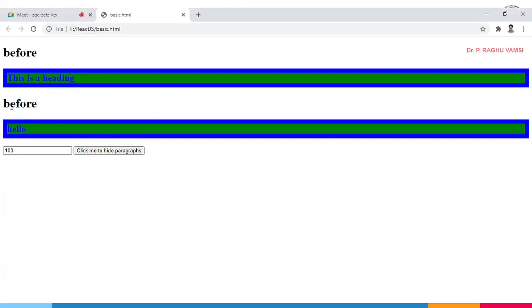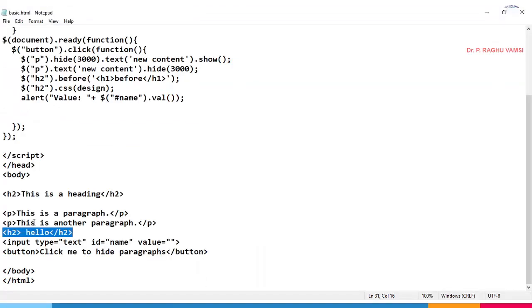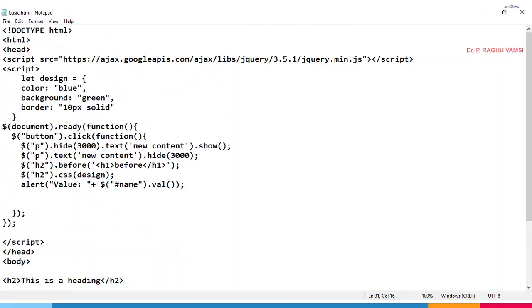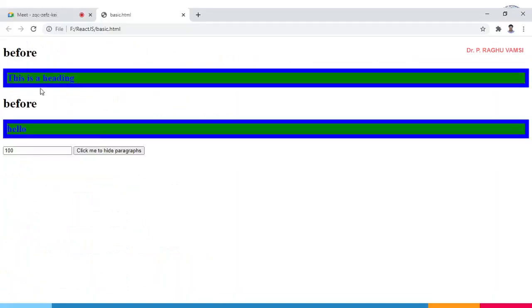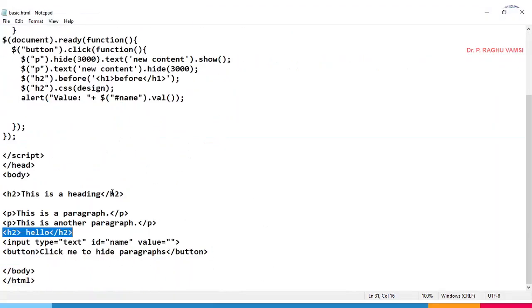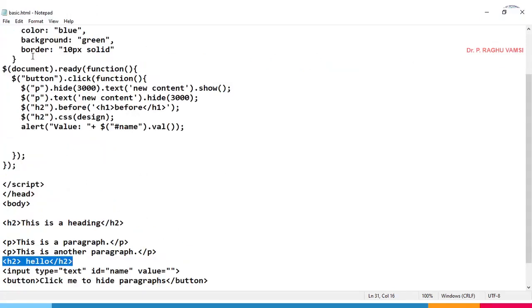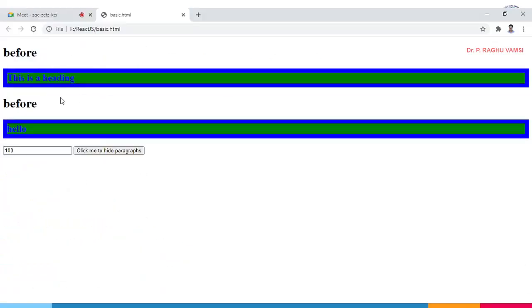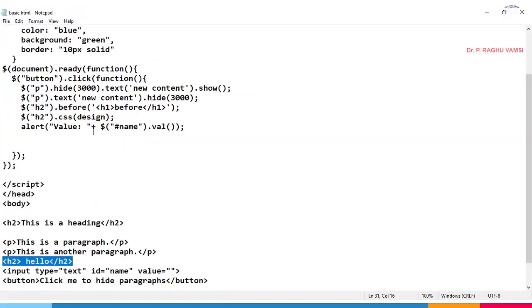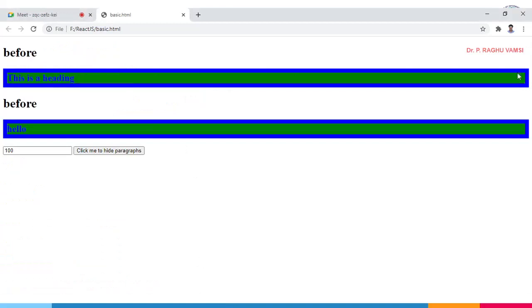Next, this heading and paragraph will be redrawn with the cascading style sheet color blue. So you got blue color, and background is green. Next, border type is 10 pixel solid, so the border we got for this paragraph is 10 pixel and solid.